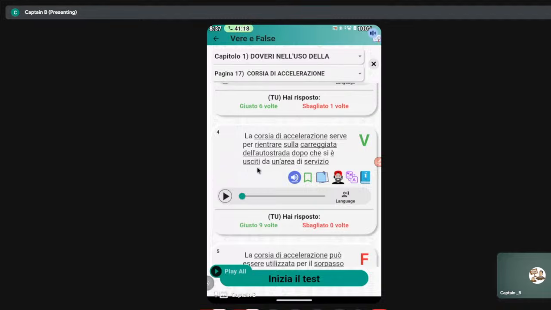Now you want to enter the autostrada, now wait for the car, they come from somewhere, right? So now you have to exit that place that you are coming from for you to be able to enter the autostrada. And that place that you are coming from is known as uscita di area di servizio. So you have to exit that busy area and enter the autostrada, right? And it is true. È vero.